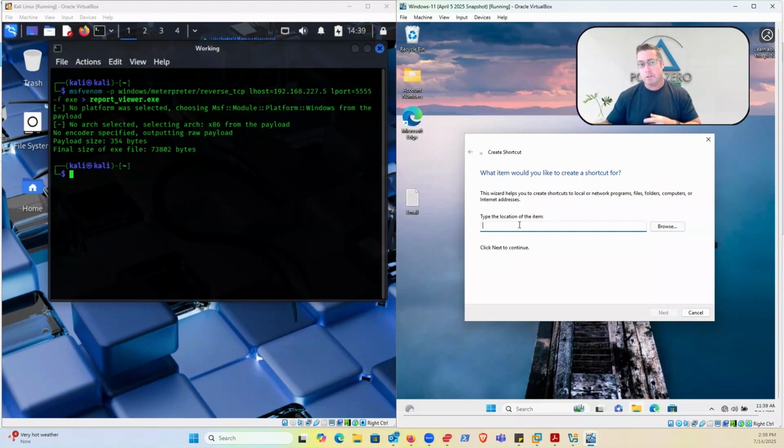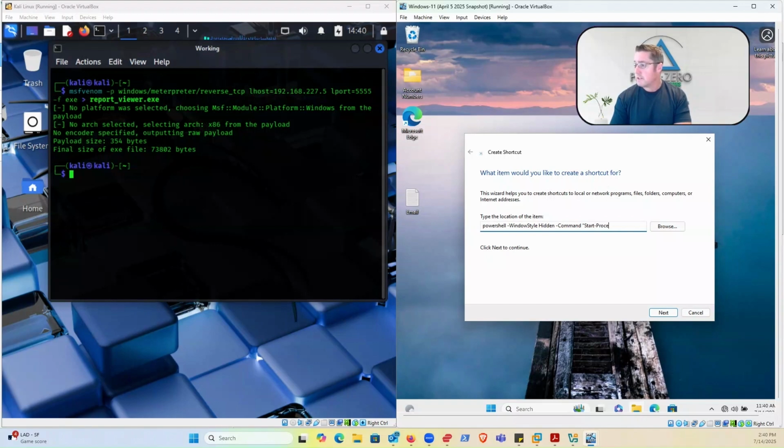Once the user clicks on this link file, which is a shortcut file, it's going to set that file in motion and establish a PowerShell command. So we're going to run PowerShell with a hidden window style, and the command is going to be